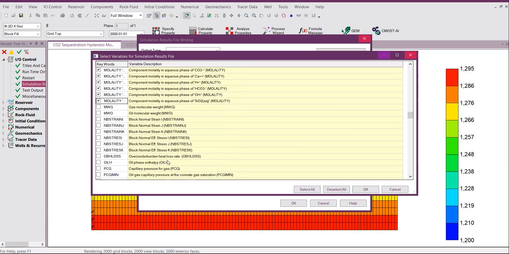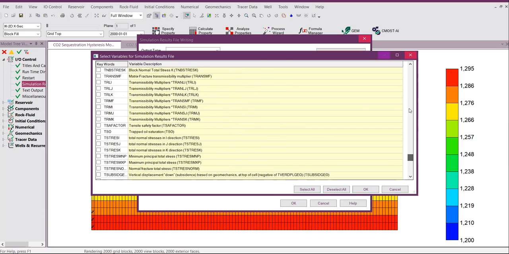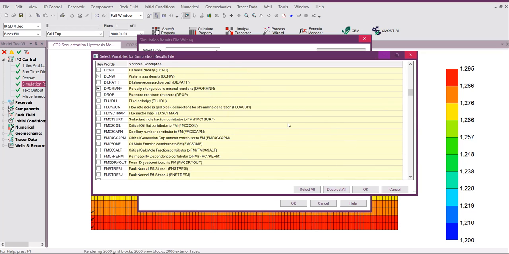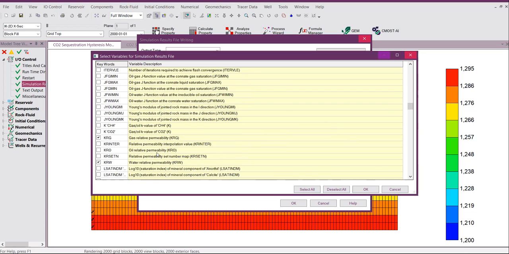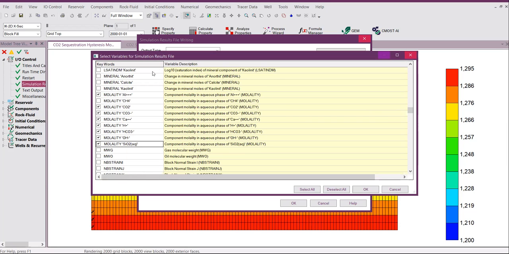We need to go to mineral. Just be patient here. All right, mineral. Can we expand this? Mineral for the anorthite, mineral calcite, and mineral kaolinite. Okay. So again,